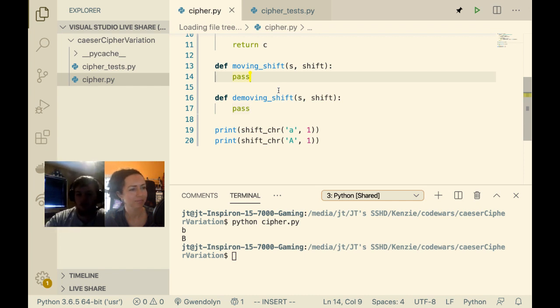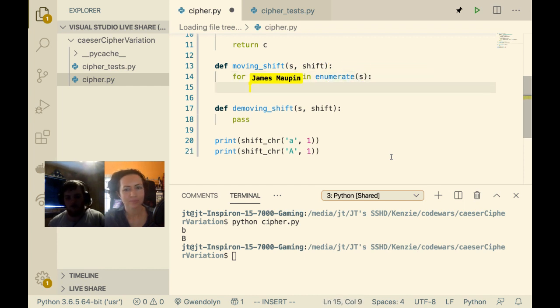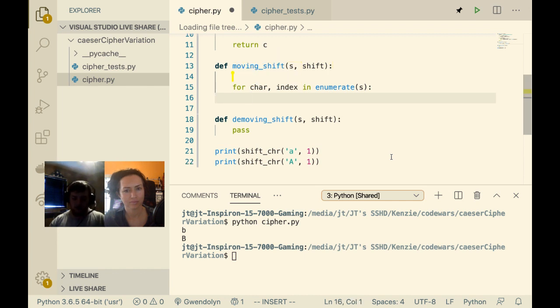So we would need something like, for... in S, actually we should do something like, right, so now we have the index, and the index is important for knowing what shift we should be applying to the character. And then let's see.